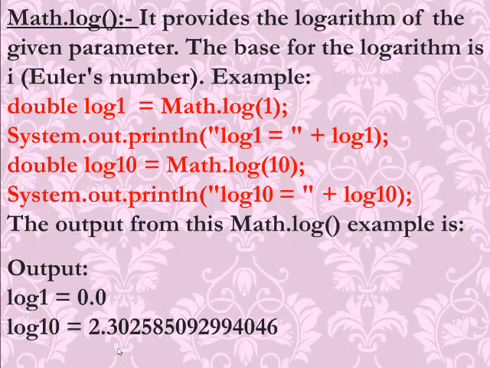Next is math.log function. It provides the logarithmic value of the given parameter. Like if you write log 1, you will get the value of log 1. You will write math.log 10, you will get the value of log 10, like here. In the output it is displayed. Log 1 is 0, so you will get 0.0, and log 10 is 2.3025 and so on. So log function finds the logarithmic value for which you use the logarithmic tables. It can be calculated using the log function.